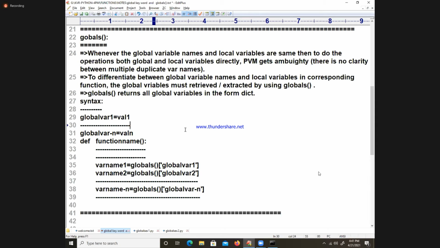There is no such syntax. The global syntax is that you need to use one variable at a time.